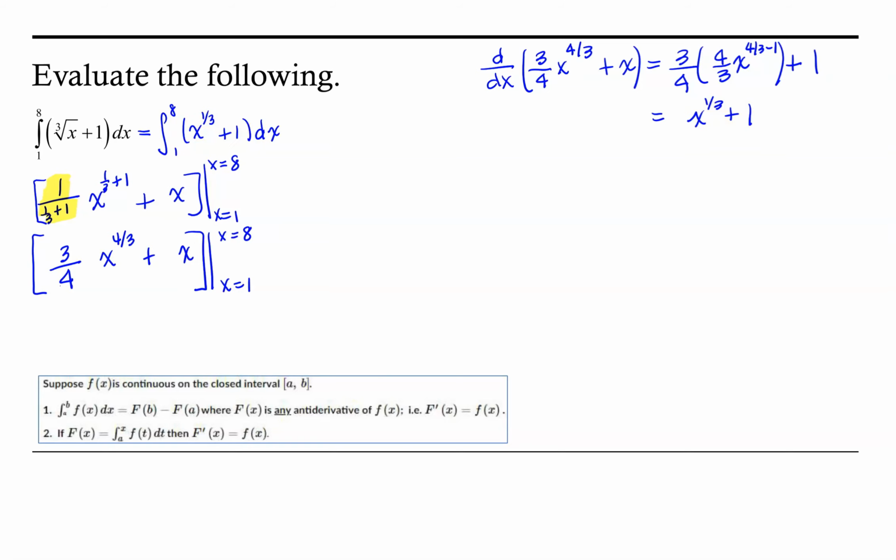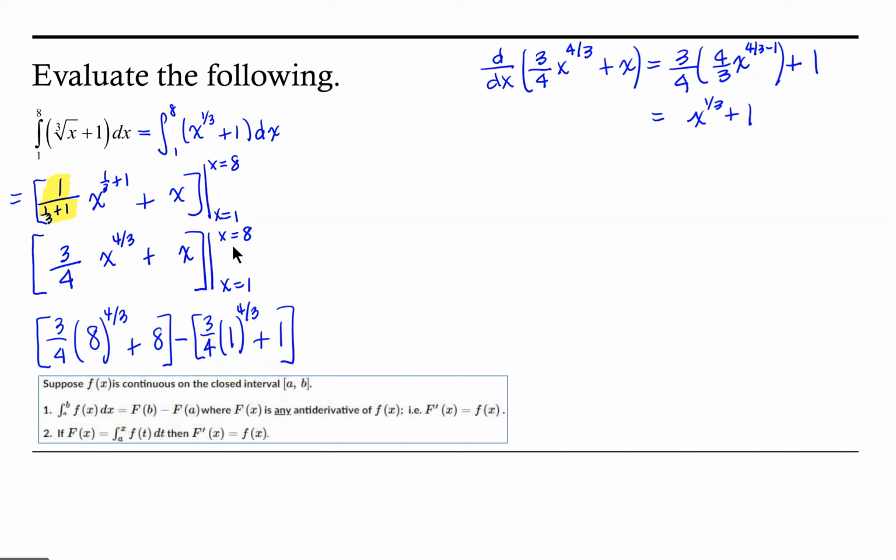So continuing on, now we need to substitute in our limits of integration and continue to evaluate. So we're going to have 3/4 times 8 to the 4/3 power plus 8, minus 3/4 times 1 to the 4/3 power plus 1. So continuing on,